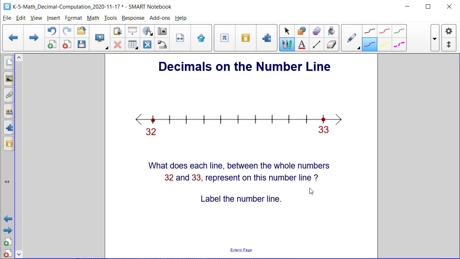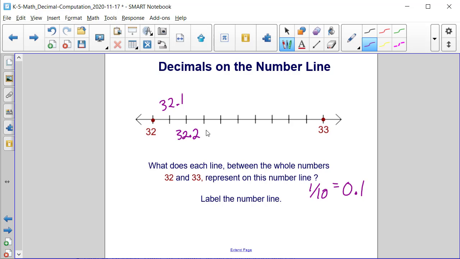So it represents 1/10, or written as a decimal, 0.1. So therefore, if we increase by 1/10 each time, we would have for this second line 32 and 1/10. For the second line, for the second blank line, I should say, we would have 32